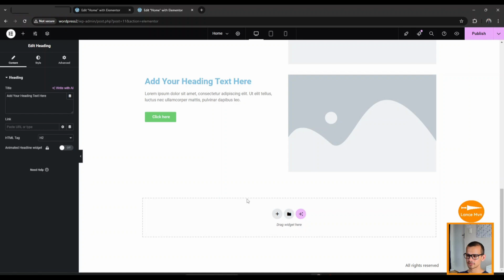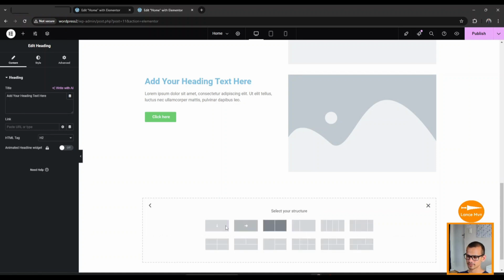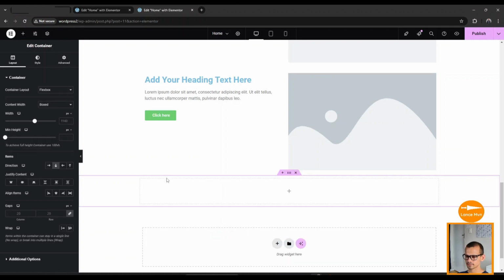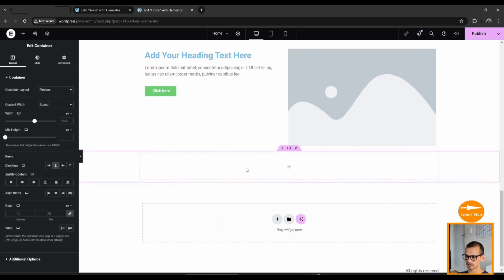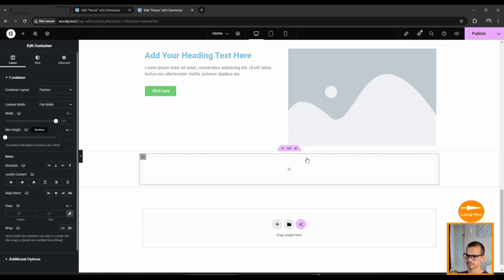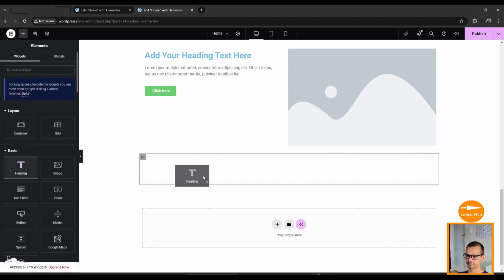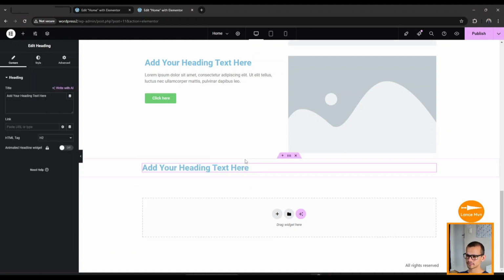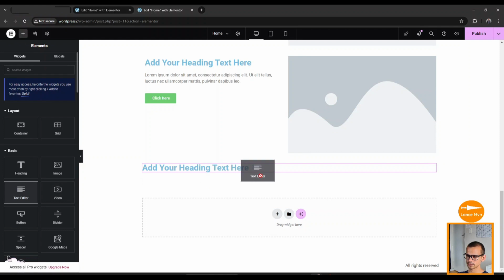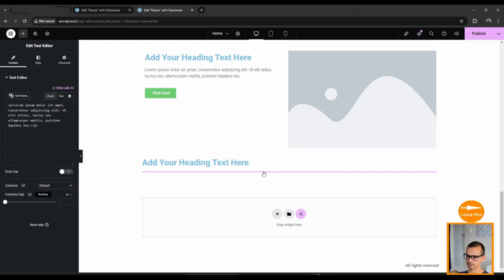So next we're going to add another section, and then add a container, add a heading, and under the heading we're gonna put some text,